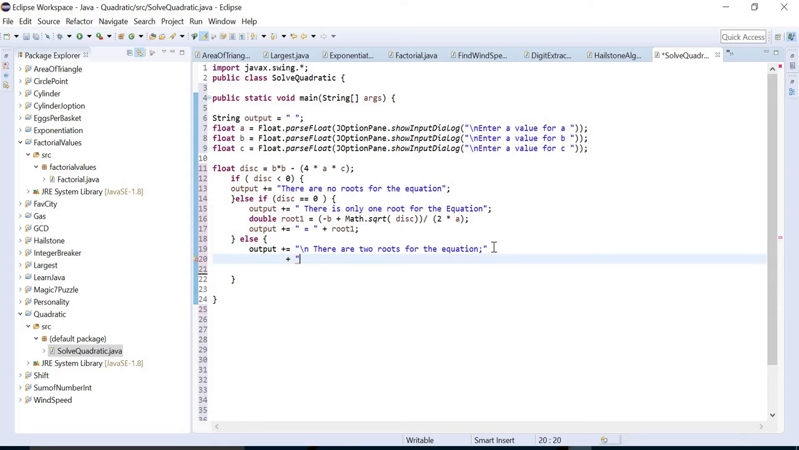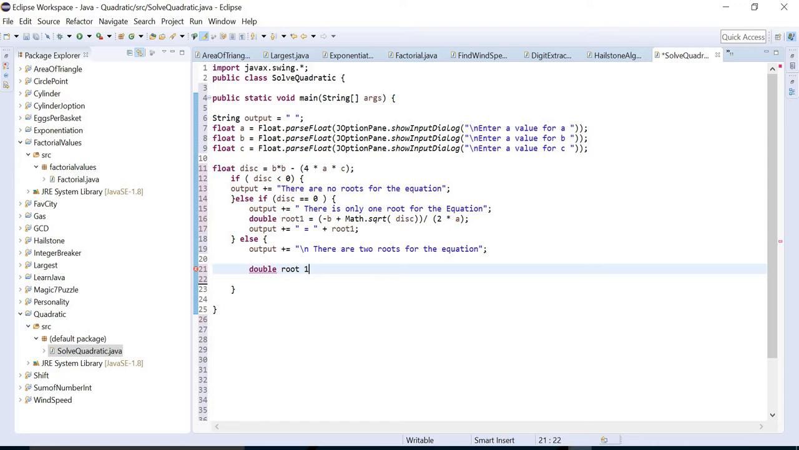Correct? Oh, that's not right, because I need the quotes before. Okay. There are 2 roots for the equation. Now we need to define 2 different double values, root1 and root2. Okay? Double. I'll space it out. Double